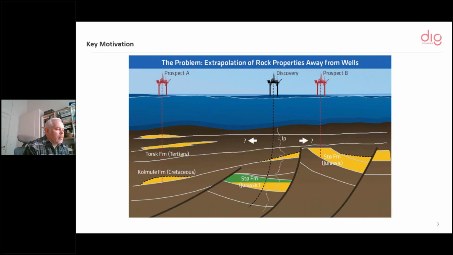And it's not only done by turning on some parameters on the rock physics models. We really need to integrate with geology, basin modeling, seismic stratigraphy, and so on. And I'm going to demonstrate that to you today, the importance of it.